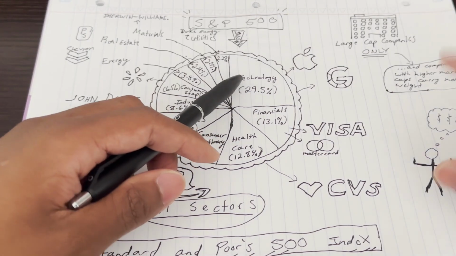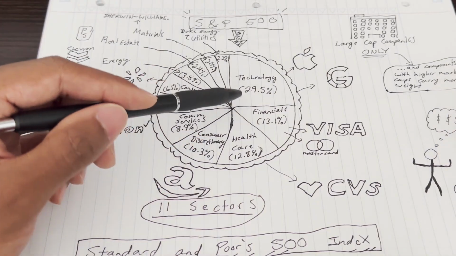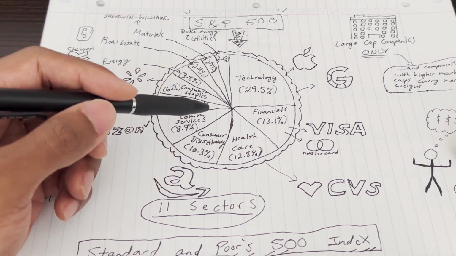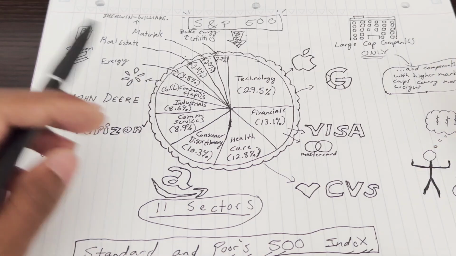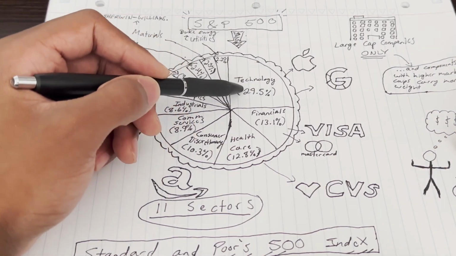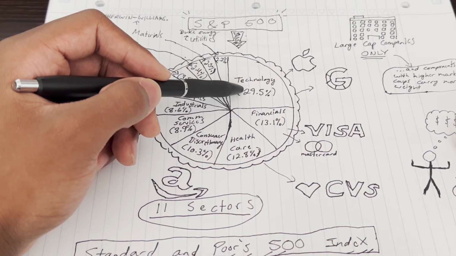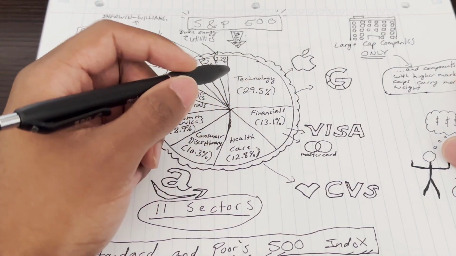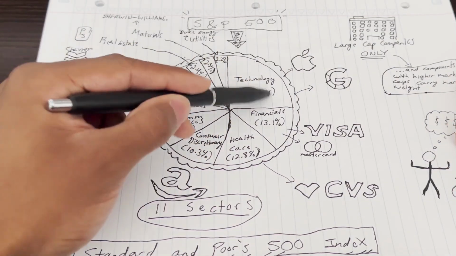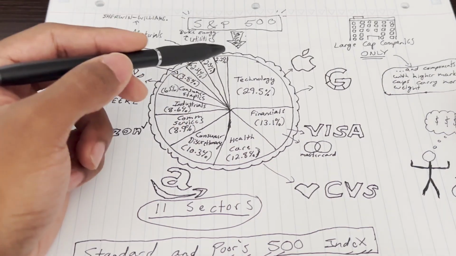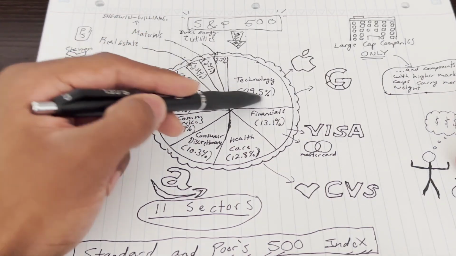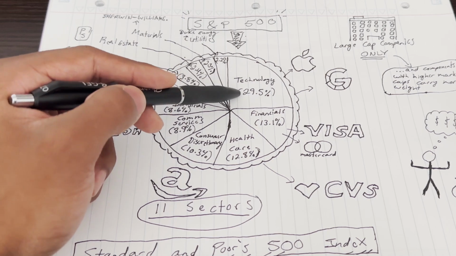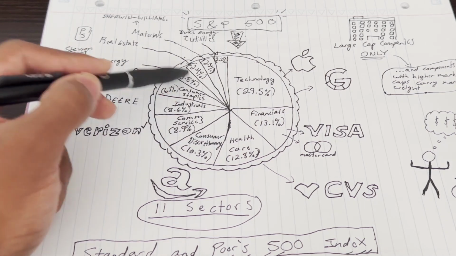Now, how do these get weighted? Like I said before, these are cap weighted. And again, the S&P 500 only deals with large cap companies, so the biggest companies in the US. And all that means is their total market cap. So in here, the market cap is trillions and trillions of dollars. And then as we get lower, it gets into the billions and so on and so forth. But the way the S&P 500 works is the components or slices, for example, with higher market caps carry more weight. That's why technology is the biggest slice of the pie. It carries more weight because it has a higher market cap. And then it gets smaller and smaller and smaller.